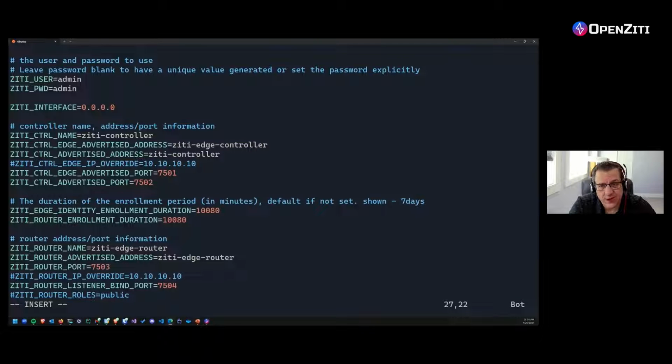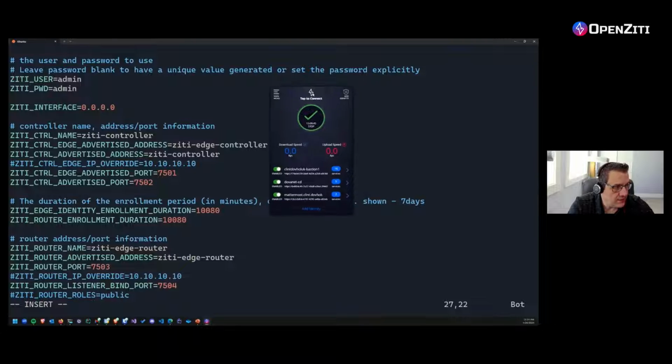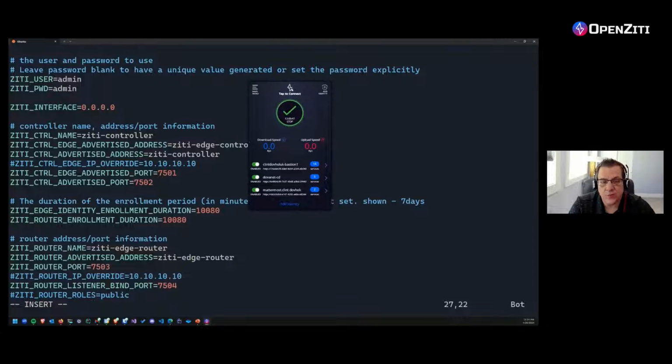Generally, routers do not need to be placed behind a load balancer. All of the routers will have a unique advertised address, and when your client comes online, it will be told what routers are available, and it will try to connect to them. And whichever three, and three is configurable, but whichever three come back the soonest, those will be the three routers which your